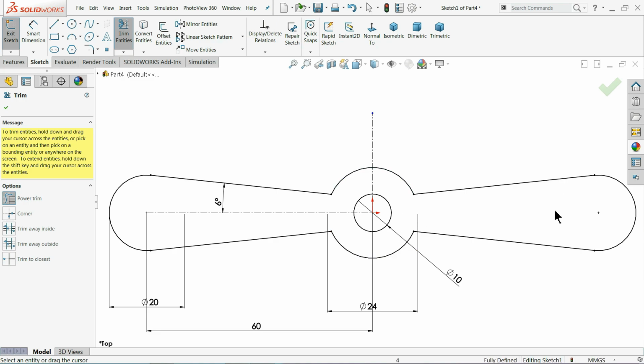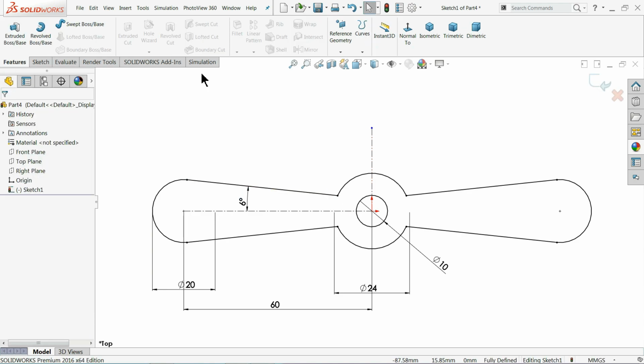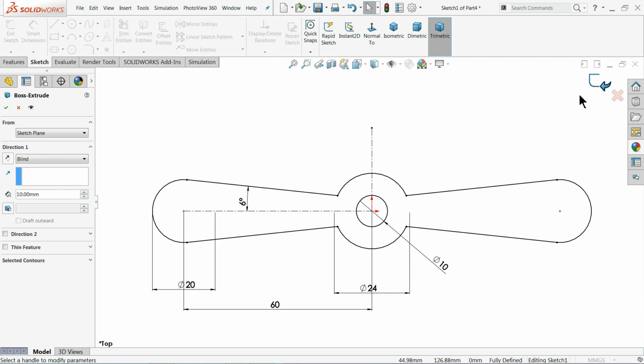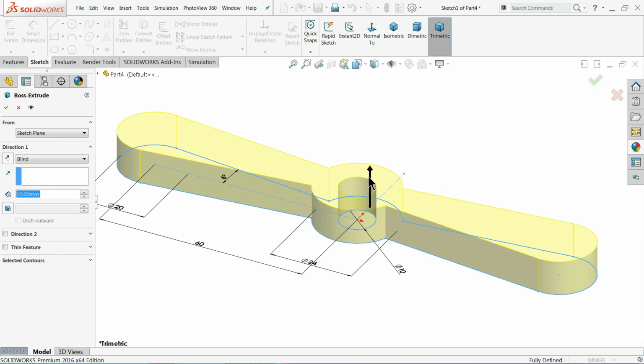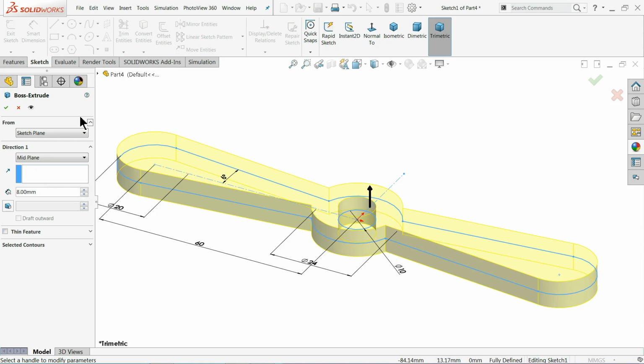Now see, this is one body. Now simply finish, exit. Once you click exit, here we will keep mid plane. If we keep mid plane, it is easy to make mate during assembly. And thickness 8 millimeter,